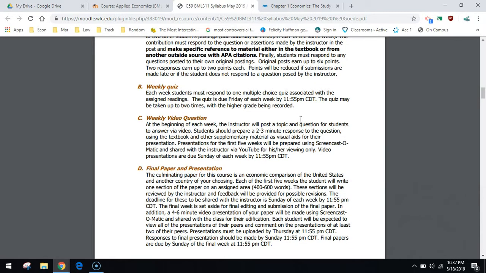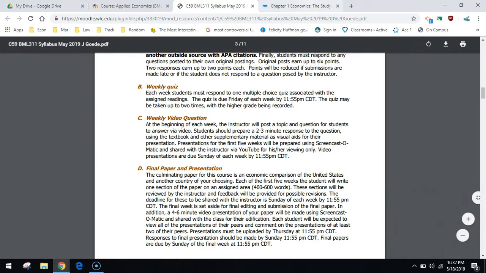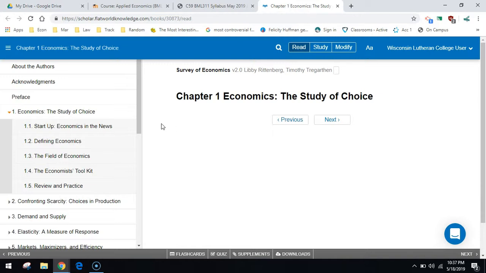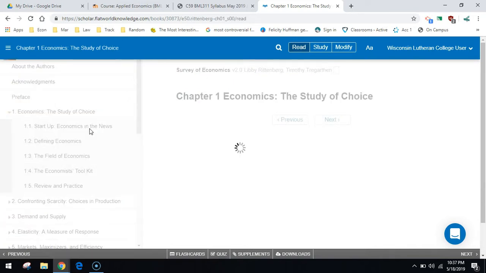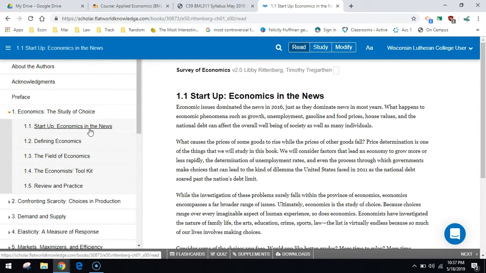There is a quiz each week that is due by Friday. You can do that up to 2 times. The quiz is really based on the text. In fact, as you work through it here in Flat World, and I am under the assumption that some of your other courses have transitioned to Flat World, this is a new text for this course. It's actually the first time it's being taught.